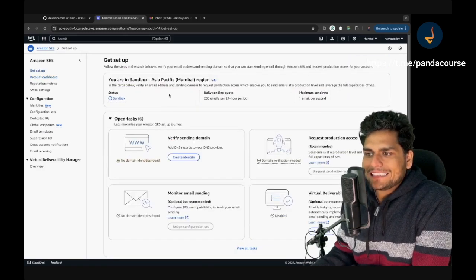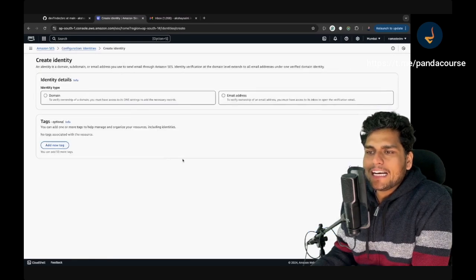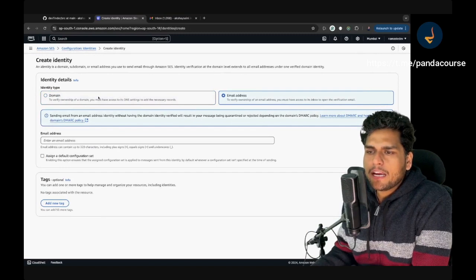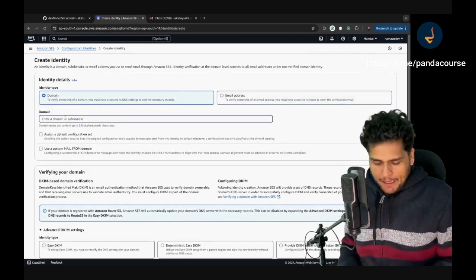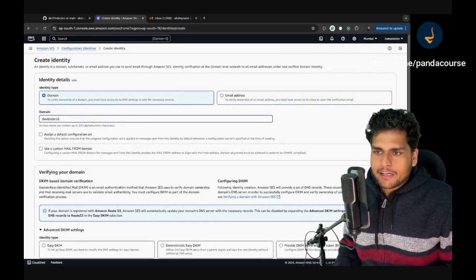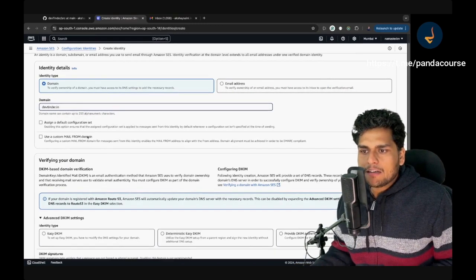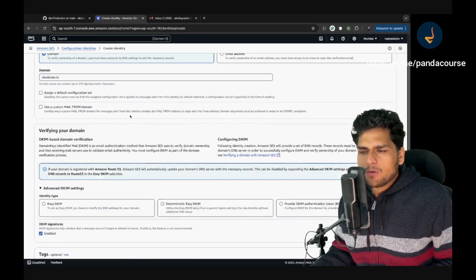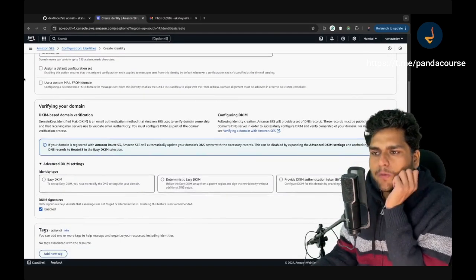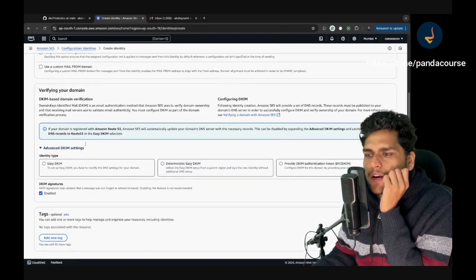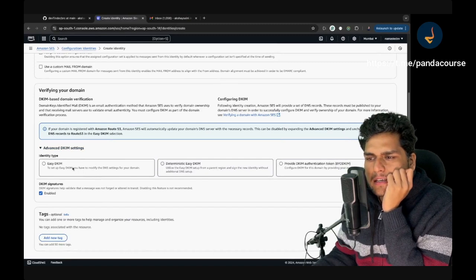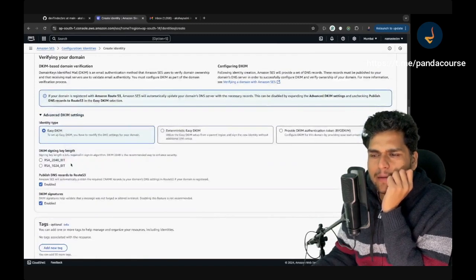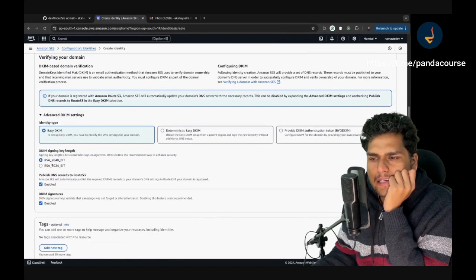Over here I can set up, I can click on create identity, I can verify by domain name or email address. Okay, let me verify by domain name. We have a domain name devtinder.in, right? And you can just use a custom email name from, and a lot of things you can do. I am just skipping this. Verifying your domain name, there are different ways to verify. Yes, so let me just verify by doing this